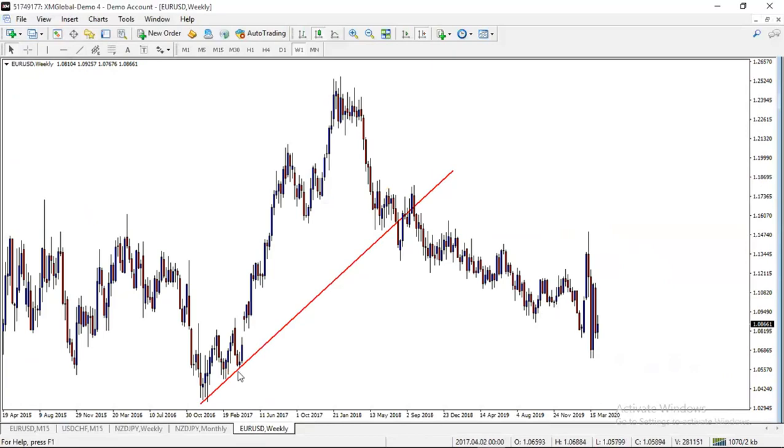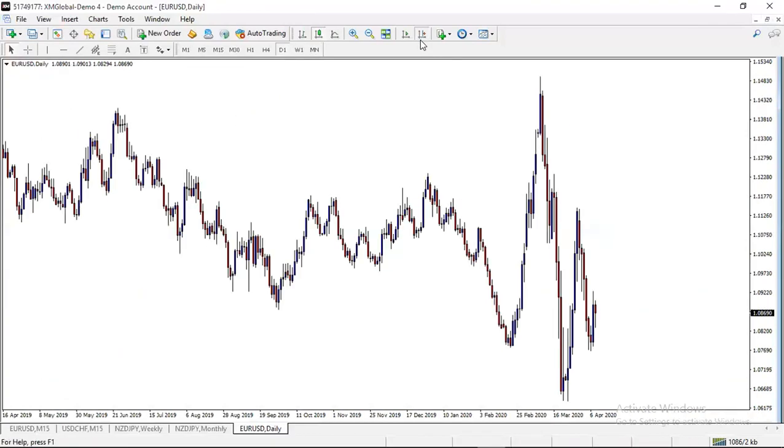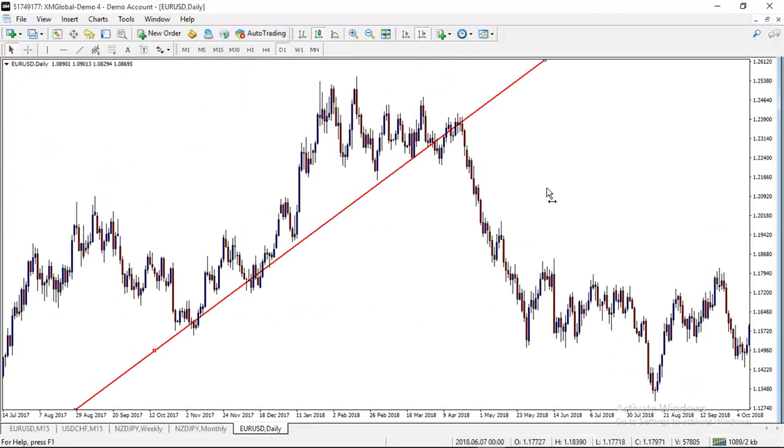You can draw the trend line on monthly, maybe after that monthly break, when the new trend was unfolding. So after that break,